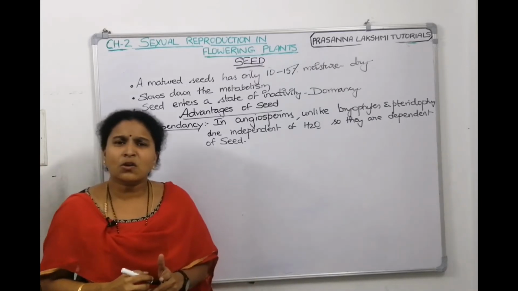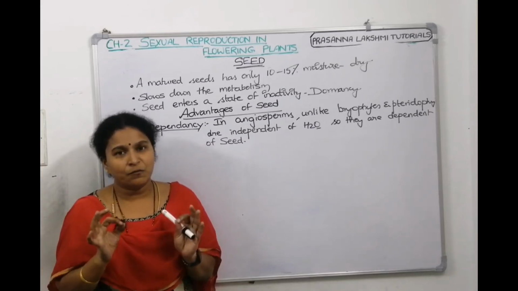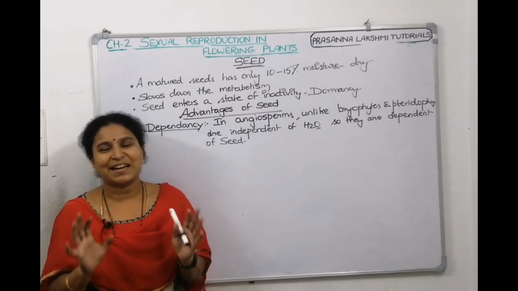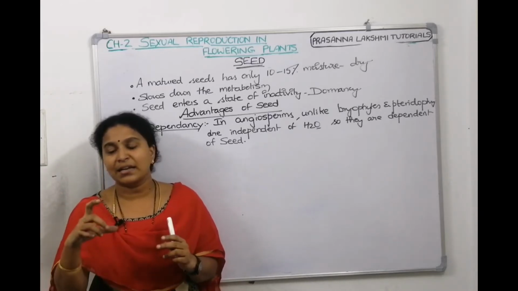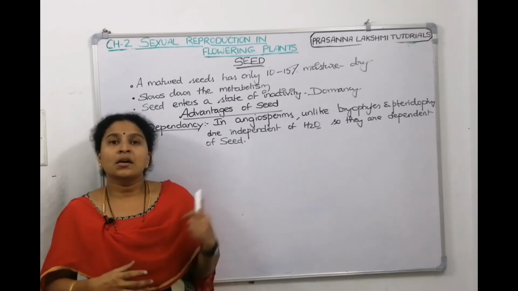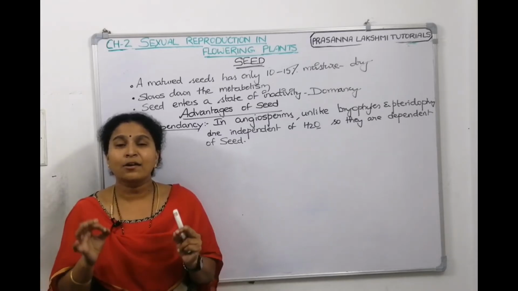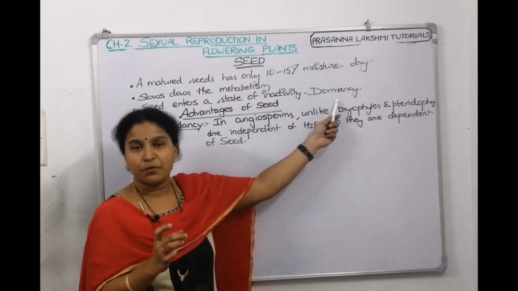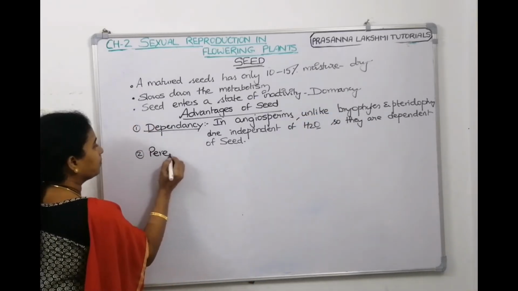The second one is called perennation. What is perennation? To tide over unfavorable conditions. See, now conditions are not favorable, we are locked inside the home. If at all we are going out, we are taking precautions, carrying a sanitizer, wearing a mask, maintaining distance, and traveling, right? In the same manner, here also perennation. Perennation means to tide over unfavorable conditions. We discussed that the seed undergoes a period of dormancy. So, that's called perennation.